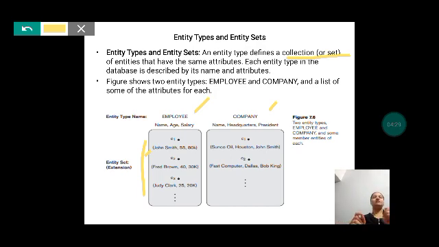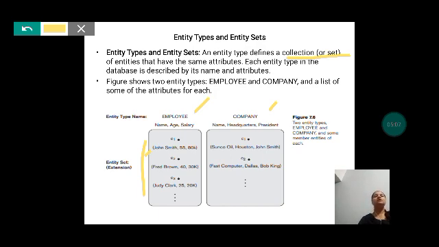You can see that each and every entry has the same attributes. John Smith is for name. Similarly, Fred Brown is also for the name, and Judy Clark is also for the name. 55 is for age, 40 is for age, and 25 is also for the age. Similarly, 80k is for the salary, 30k is for the salary, and 20k is for the salary. So this is how we are entering a collection of entities which have the same attributes.